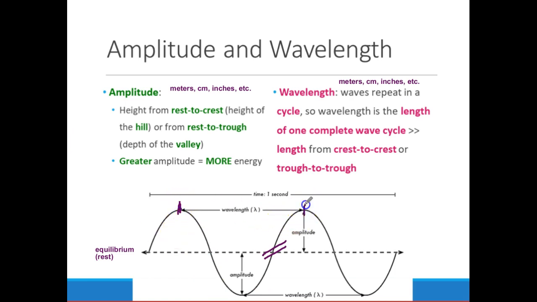This is why this right here is a wavelength. Crest to crest is a wavelength. Because you start at a crest, you end at a crest. Same thing with troughs, right? You can start at a trough, follow all the way through, and keep on going until you hit another trough. And this would also be a wavelength.